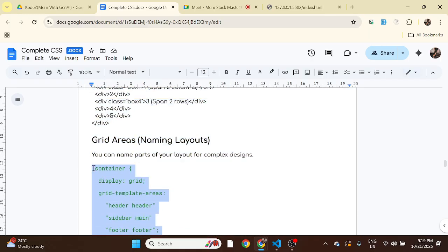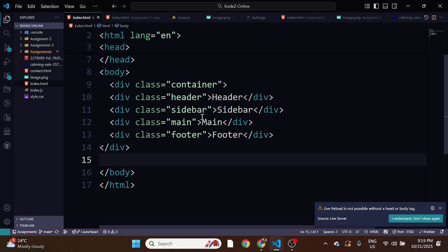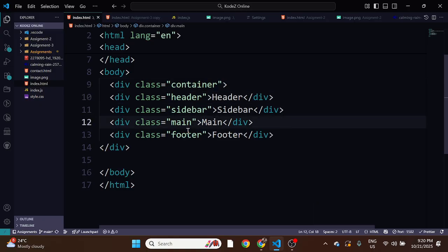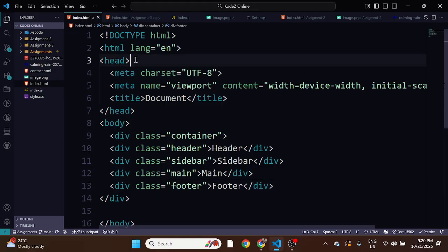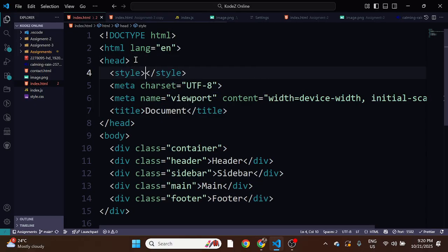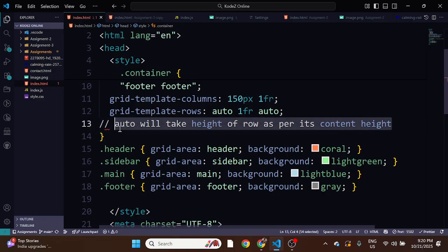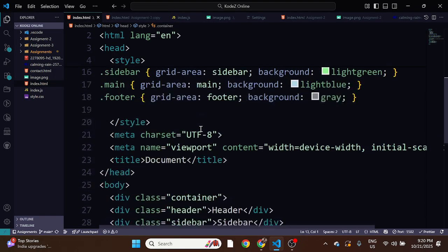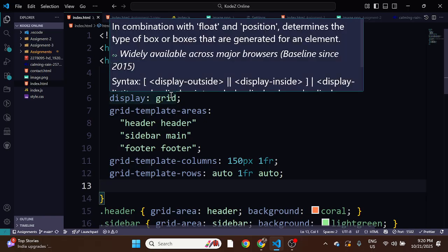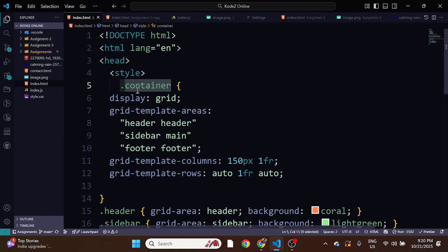So in grid area, what we do is, see, this is just our divs, right? In this div I give that this is our parent div. Inside this I am giving the class name as container. This is my header section, this is my sidebar, this is my main, and this is my footer. Okay, I just give the class names here. Now in this styling part I am giving style. Okay, let's see this one. This is my parent, right? I am targeting this parent class,